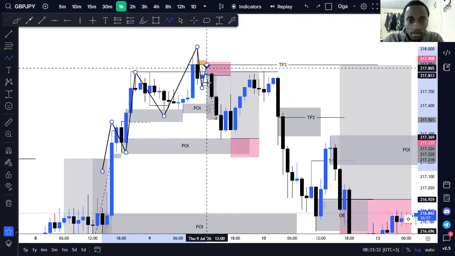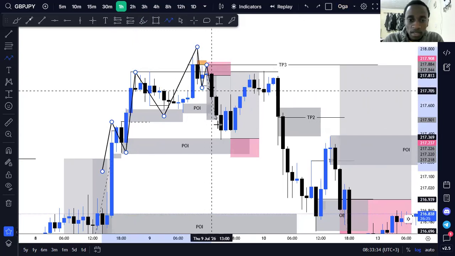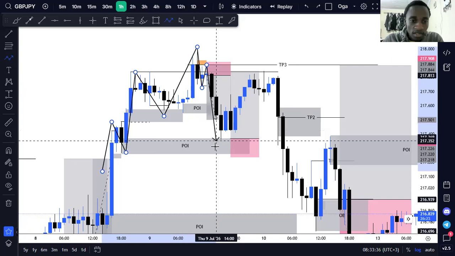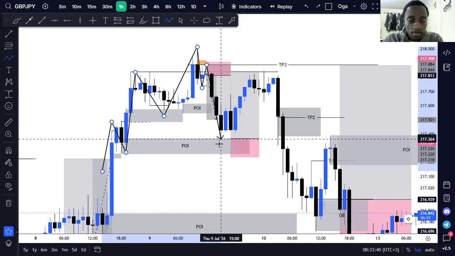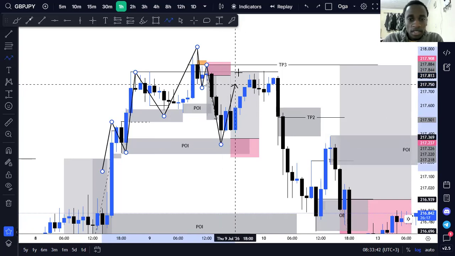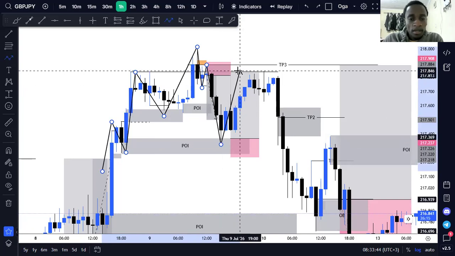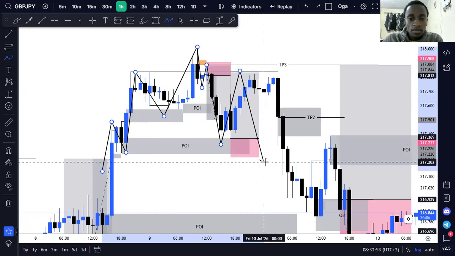There was liquidity inside here that was unconsumed, so it took the opposing liquidity first. Since it was selling, it took the opposing liquidities first and then later pushed to the liquidities that were above here. So after taking this liquidity, this is what was at night, it sold off